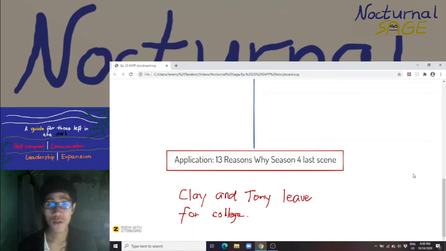So it's open to different interpretations. I don't know how you're going to use the impressionistic approach to say what you mean. But if you want a clear-cut tip, focus on what makes it worth remembering. So in that scene, what's worth remembering is the facial expressions of Clay and Tony as they ride the red car. It's like they're avoiding each other's glances, in a sense like it's memorable for me using the impressionistic approach,